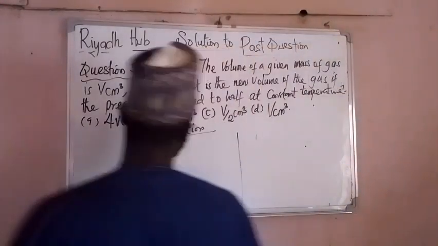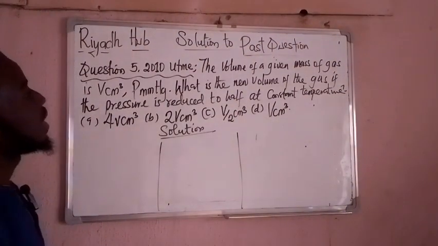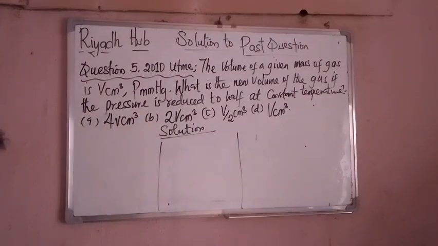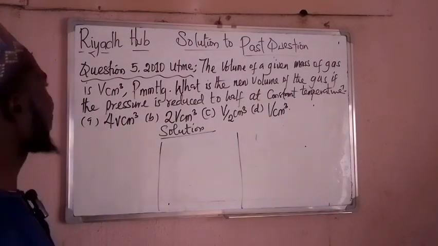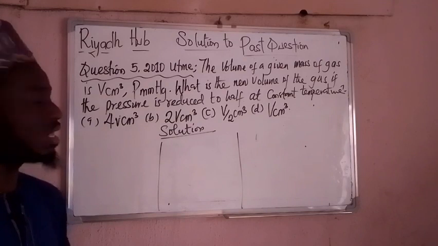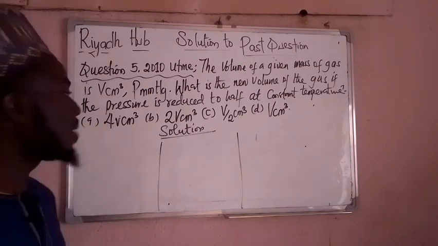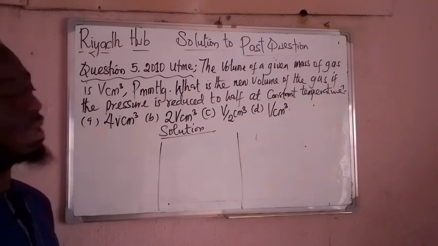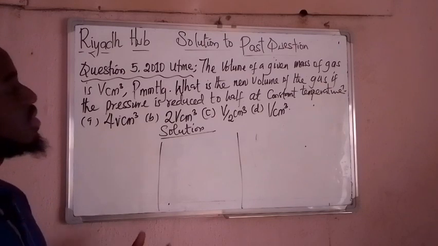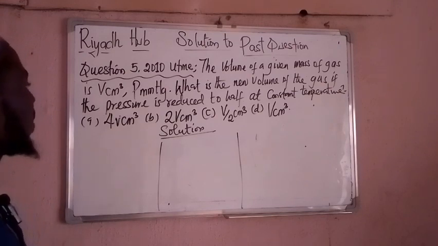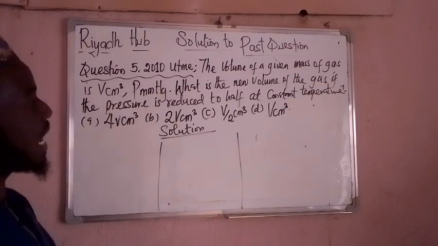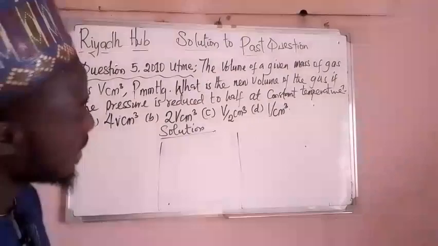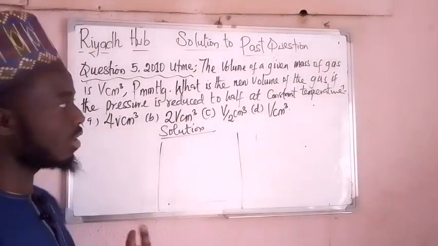Today we are going to be discussing question number 5 from the 2010 UTME examination. Here the question comes: the volume of a given mass of gas is V centimeter cube at P millimeter mercury. What is the new volume of the gas if the pressure is reduced to half at constant temperature? This is to test your knowledge of